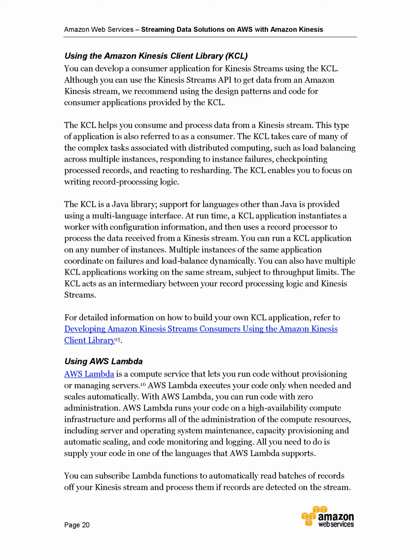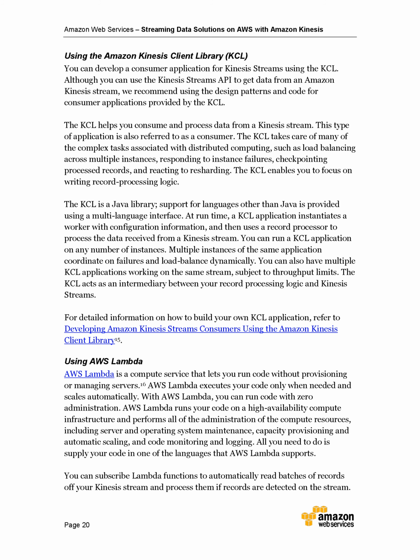The KCL is a Java library. Support for languages other than Java is provided using a multi-language interface. At runtime, a KCL application instantiates a worker with configuration information, and then uses a record processor to process the data received from a Kinesis stream. You can run a KCL application on any number of instances. Multiple instances of the same application coordinate on failures and load balance dynamically.